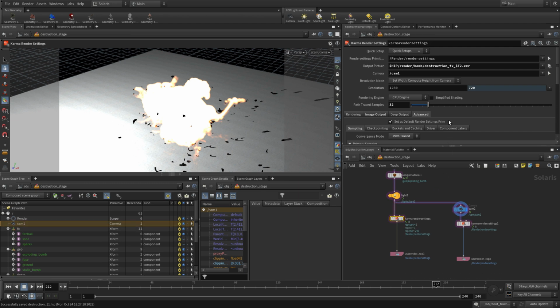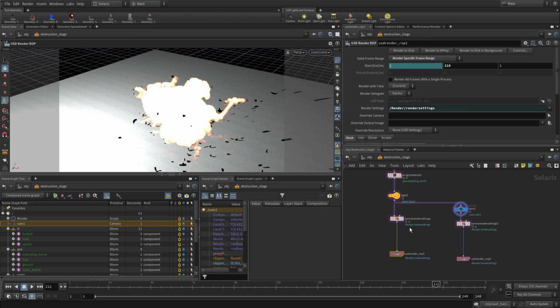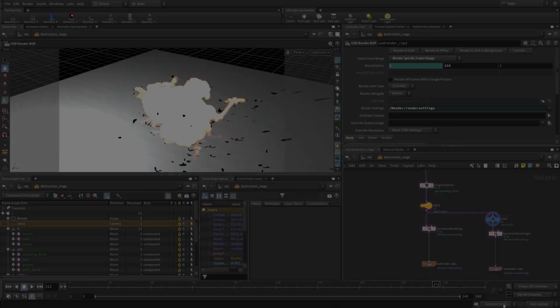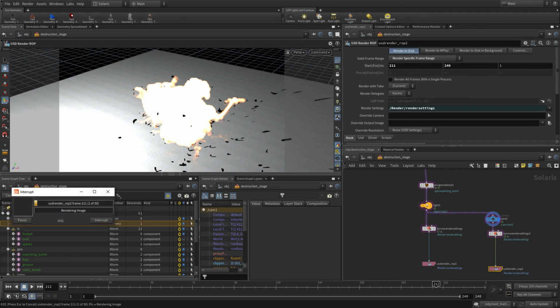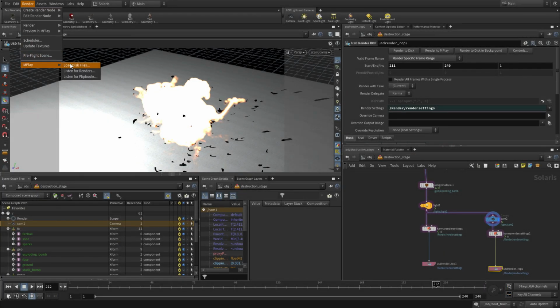So save, and then once we've got that all set up, we'll be in this position to start rendering. So we click on the USD render ROP, and we just at this point say render to disk, and that's going to go off and do its thing and render to Karma using the shared settings that we have for these two shots. So fade away, come back, select the second shot, go render to disk. That'll go off and think, and when that all comes back, we can go render, Mplay, load,